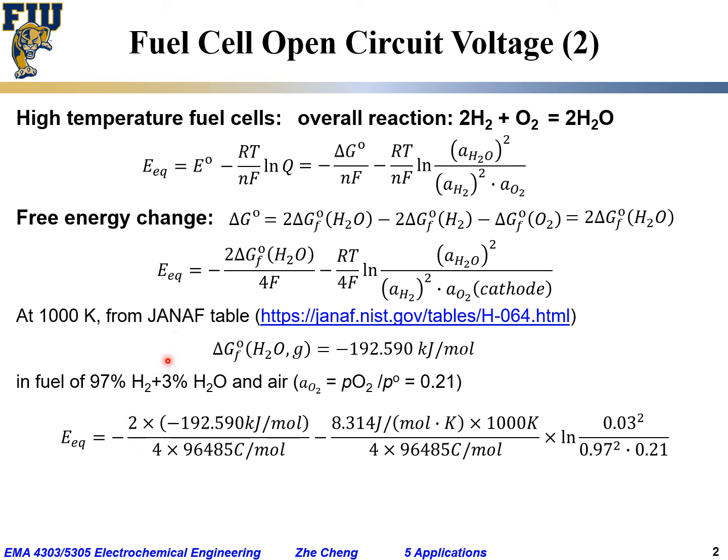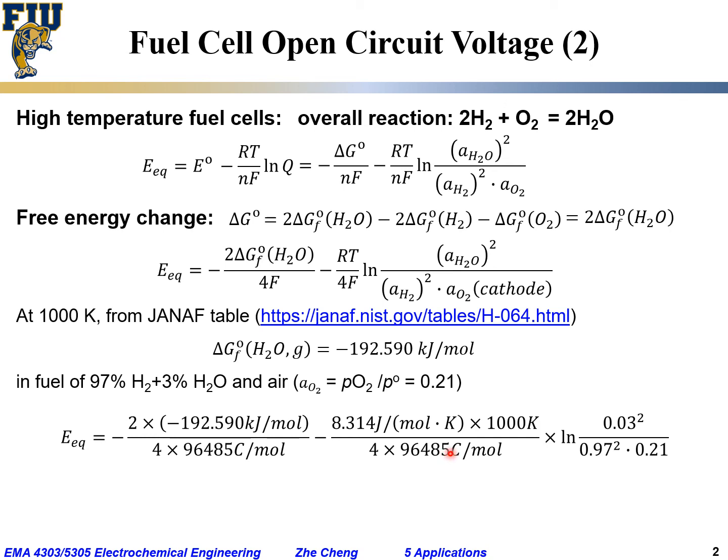Minus, we keep the 2 and the Gibbs formation energy for water, we put that number, minus 192.59 kilojoule per mole here. For F, 4 times 96,485, minus RT, R 8.314 joule per mole Kelvin, T 1000 Kelvin, over 4F, 4 times